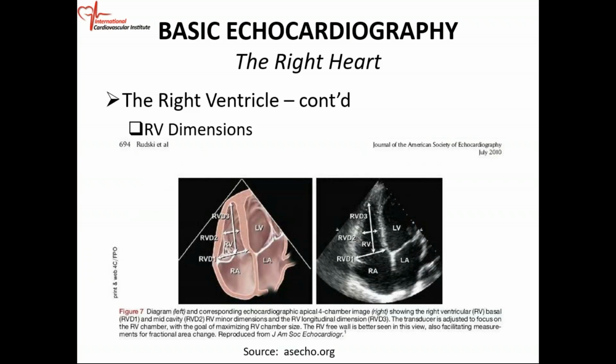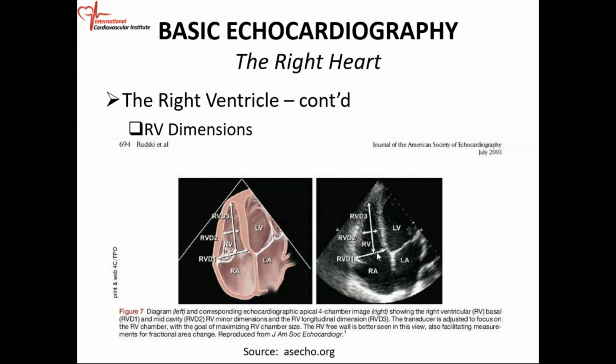Right. So we come now to the dimensions. You have to know how to measure the RV dimension to see if the RV is enlarged, yes or no. And this is what we call the RV focus view. So it's an apical four-chamber view, but you manipulate your transducer to see more of the right ventricle. And if you look closely, you can see that,